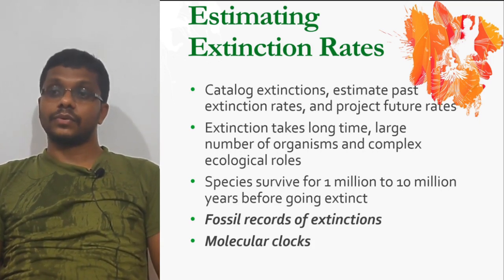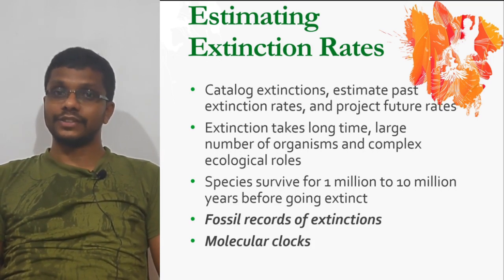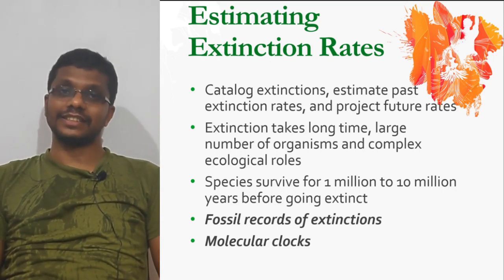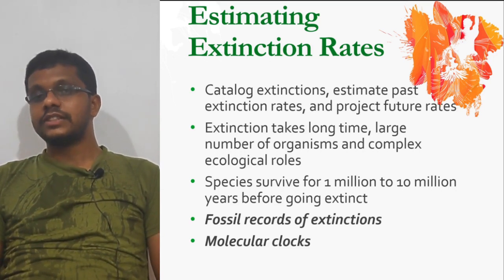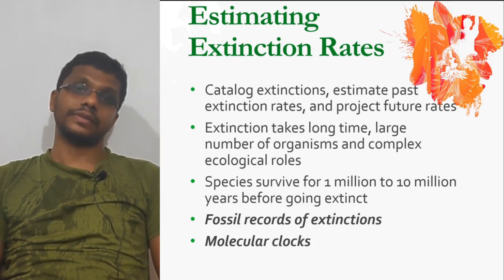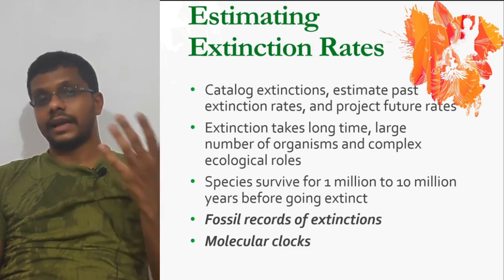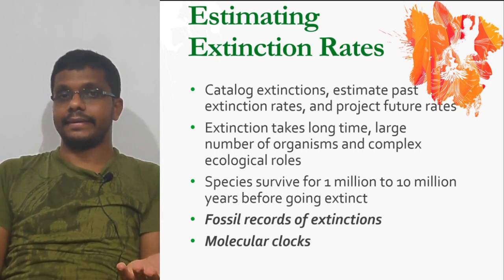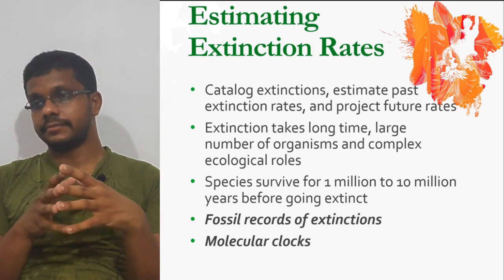Secondly, there is a large number of organisms living on our Earth. We are estimated to have 10 million organisms. To study the habitat, ecological roles, and the possibilities of extinction of all these organisms is a bit difficult. And finally, each organism plays a complex ecological role, and we don't know about the ecological roles of these 10 million organisms currently living on this Earth. We don't know what happens if one organism goes extinct, what happens to another organism in the same habitat, or whether it is going to affect it positively or negatively. We don't really have any idea.